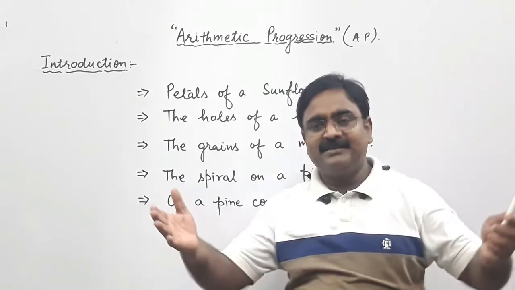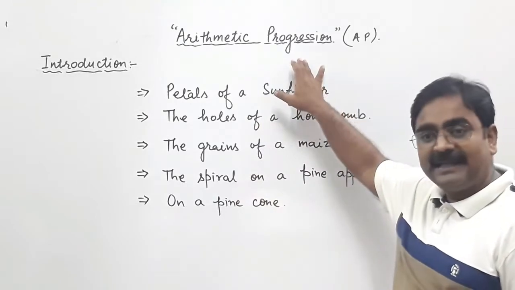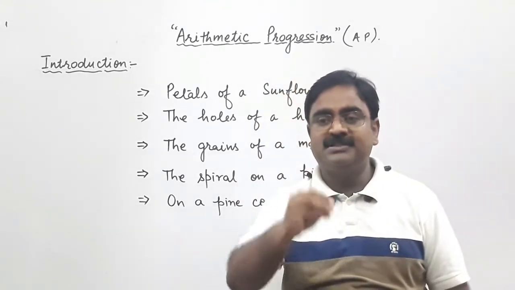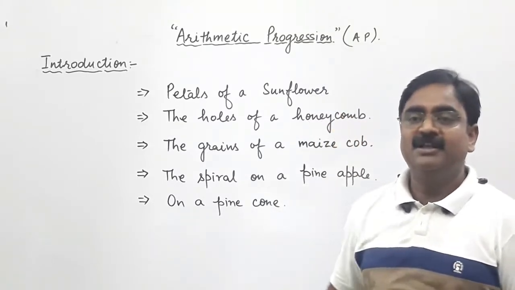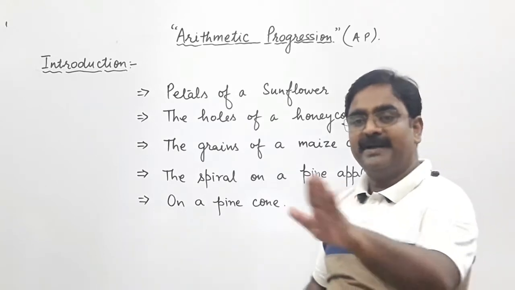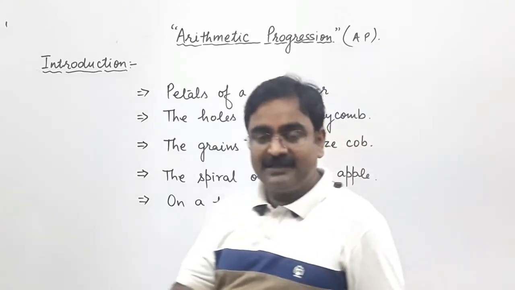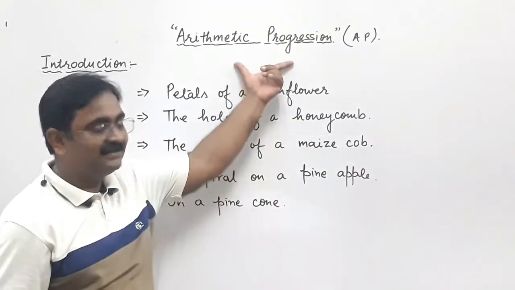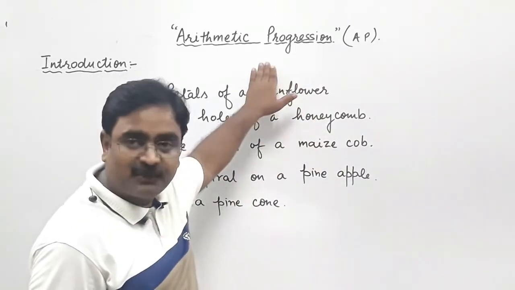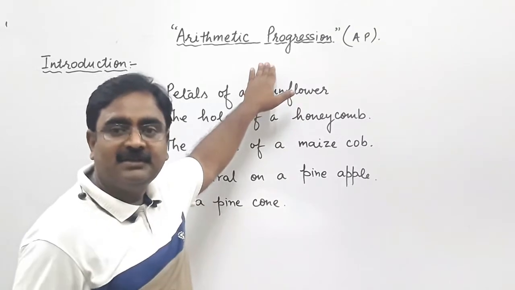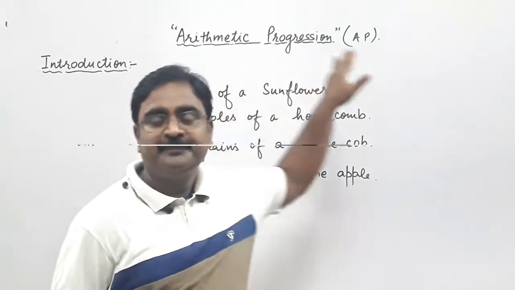Right? There are so many types of sequences, so many types of progression. But among those progressions, we have to first understand which progression is arithmetic progression. That is our required chapter. So, first of all, we will introduce how many types of progressions there are. Out of those progressions, we have to study which one is the arithmetic progression. Then we will study the arithmetic progression and all about its terms also. Okay?